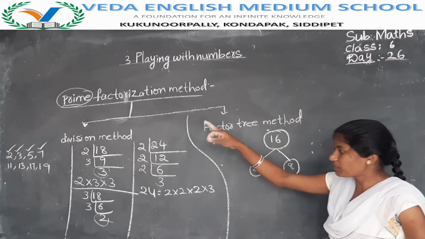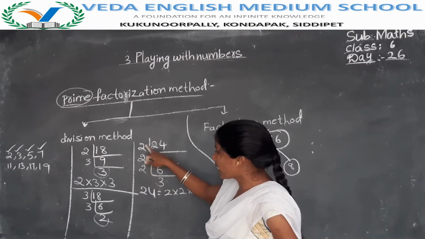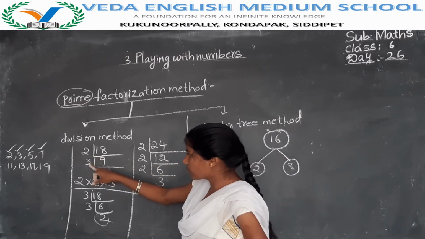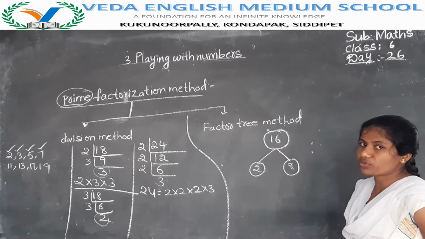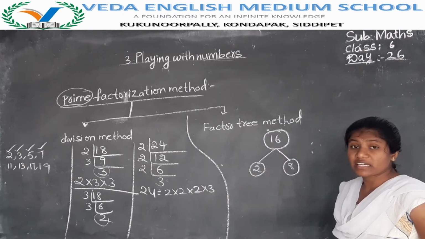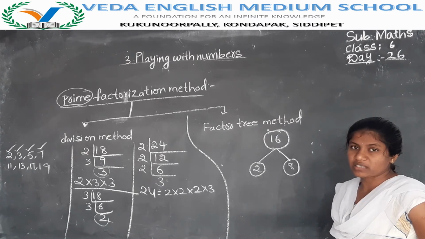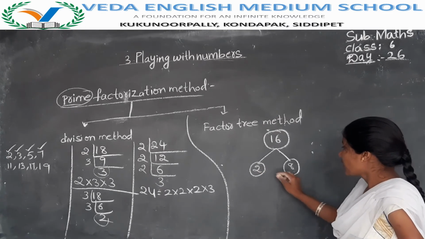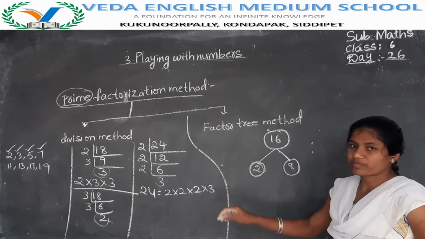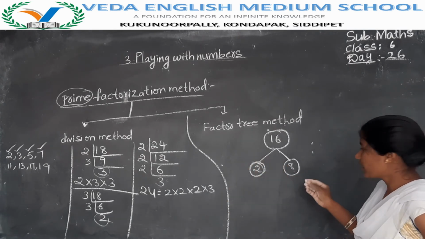Here we have to use only prime numbers. Here I have used all prime numbers, here also all prime numbers. So you have to use only prime numbers. 4 is not a prime number, so don't use 4. 4 4s are 16, and 8 2s are 16, but 8 is not a prime number, so don't use 8 now. Directly 2 8s are 16. And now here 2 is a prime number, so leave the 2 and come to the next number.